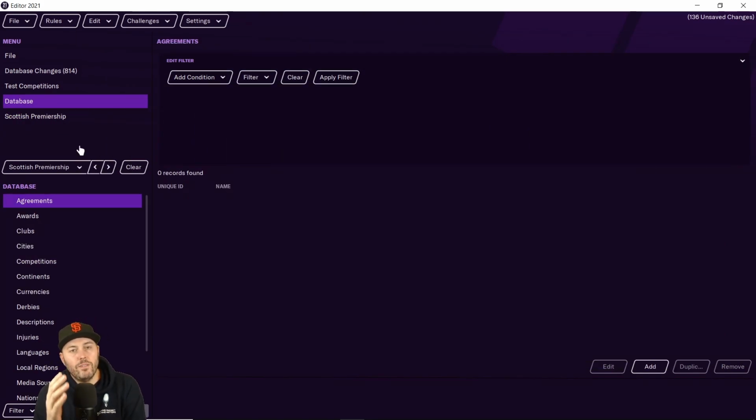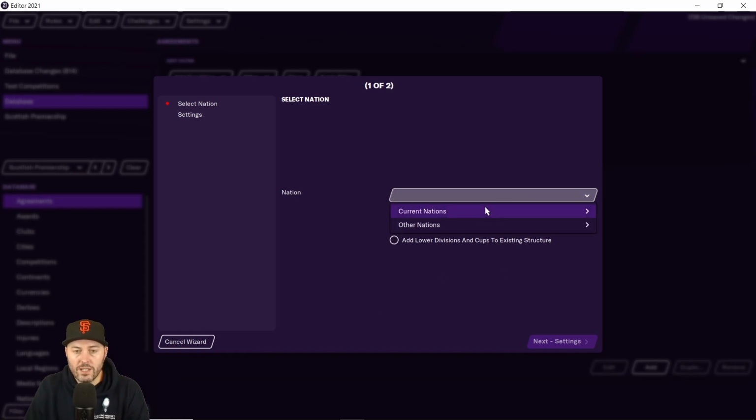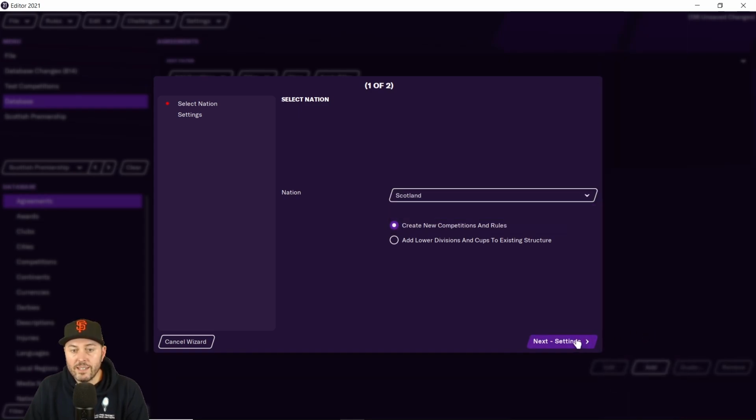Now, this is really for another video, and I'm going to make another video, but I just want to quickly show you why I'm not doing it in this video. If you go up to rules, you can add nation rules. If we click on add nation rules, here is where you can create a new league and all its new system. We're talking prize money, the time they play on TV, all that stuff. So I'm just going to quickly show you. If I select nation, current nations, and we go down to Scotland, and go on next,